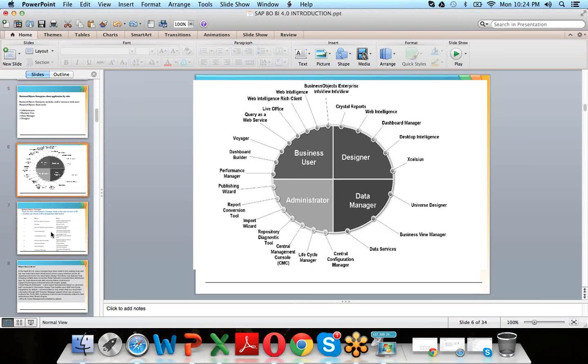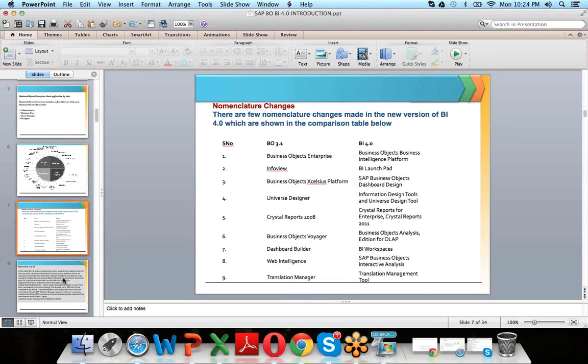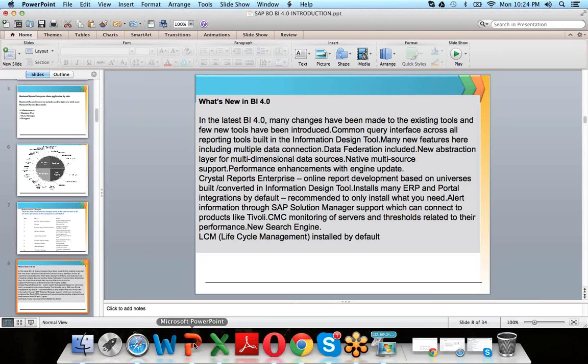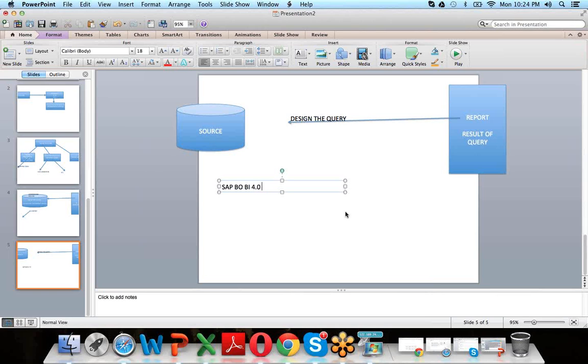Now when comparing with XI 3.1, what's new in BA 4.0? This is the equation for BA 4.0. Whatever tools we have in XI 3.1, SAP enhanced all the tools, like Web Intelligence, you name any tool. Some of the tools are obsolete, like Desktop Intelligence and Import Wizard. Apart from these two tools, every tool was enhanced by SAP, plus some new tools introduced, like IDT, Crystal Reports for Enterprise,